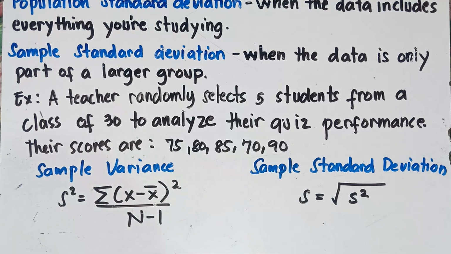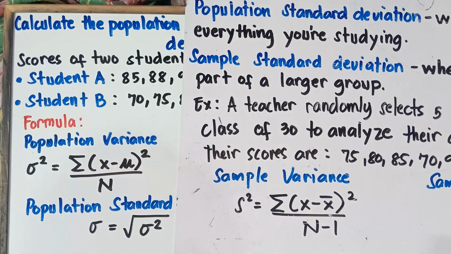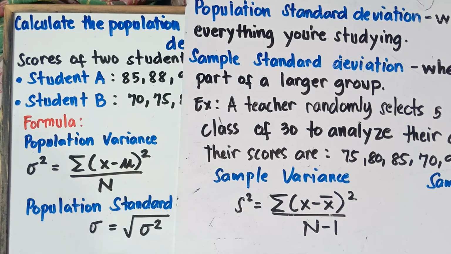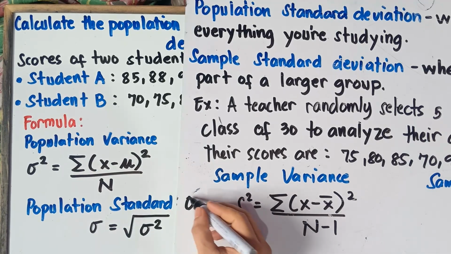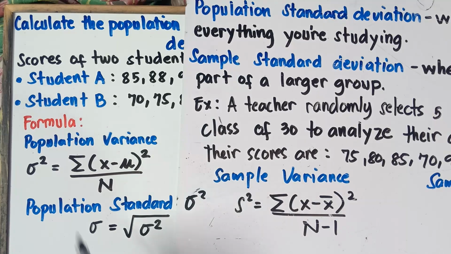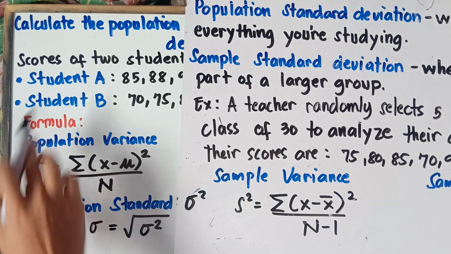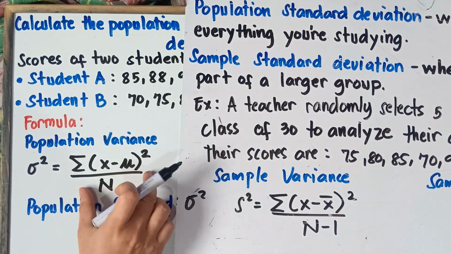Very different, class, for the population variance, as you can see. This one right here is like the letter O with an underline on top, and then squared. That would be the population variance. We call this one in Greek, sigma squared. I will be explaining this later on with regards to this formula.